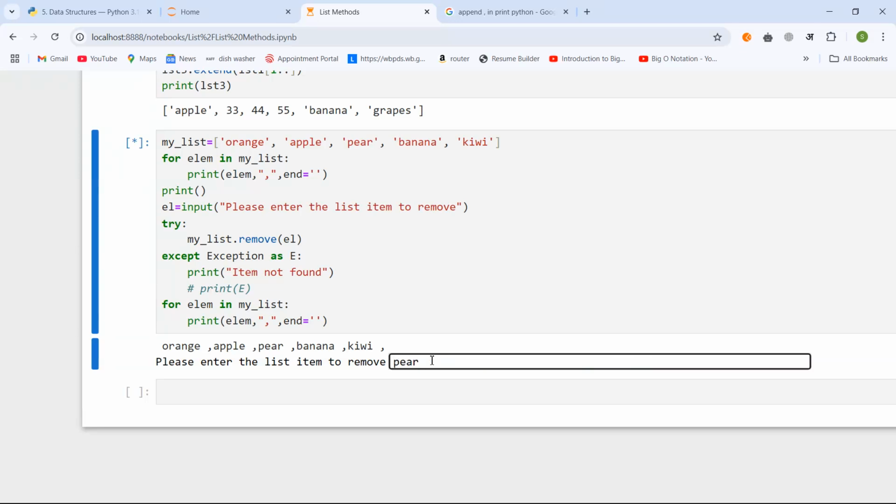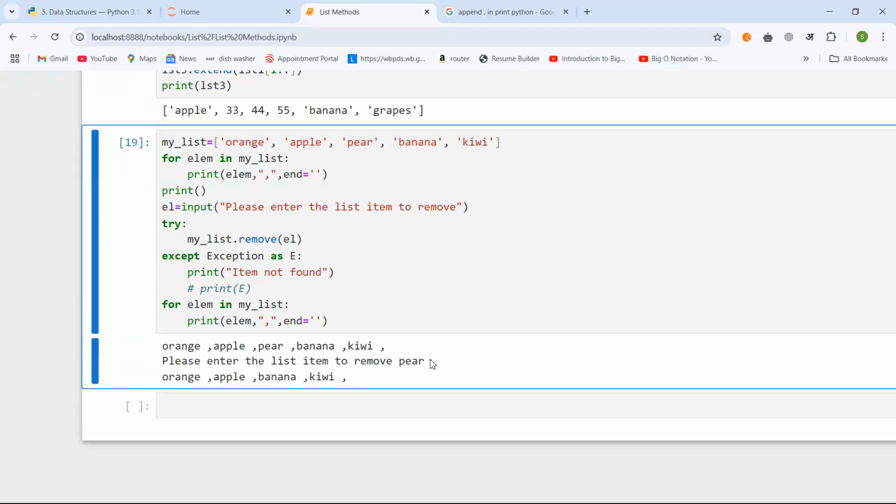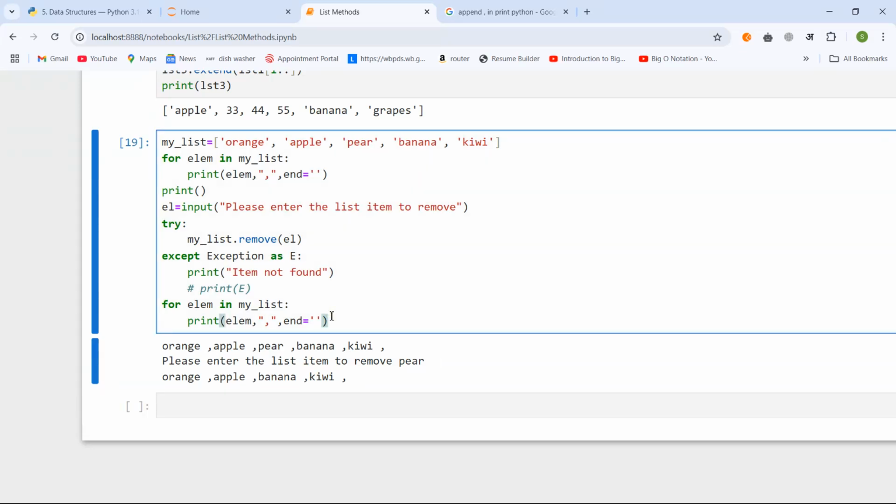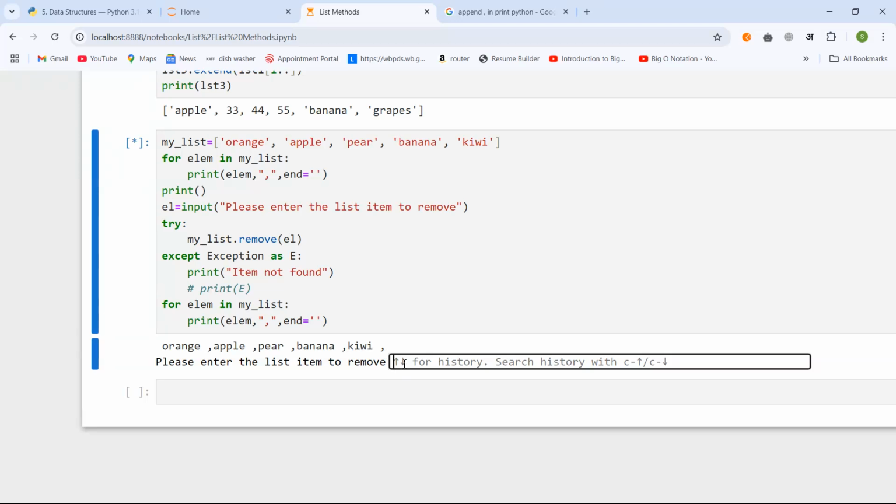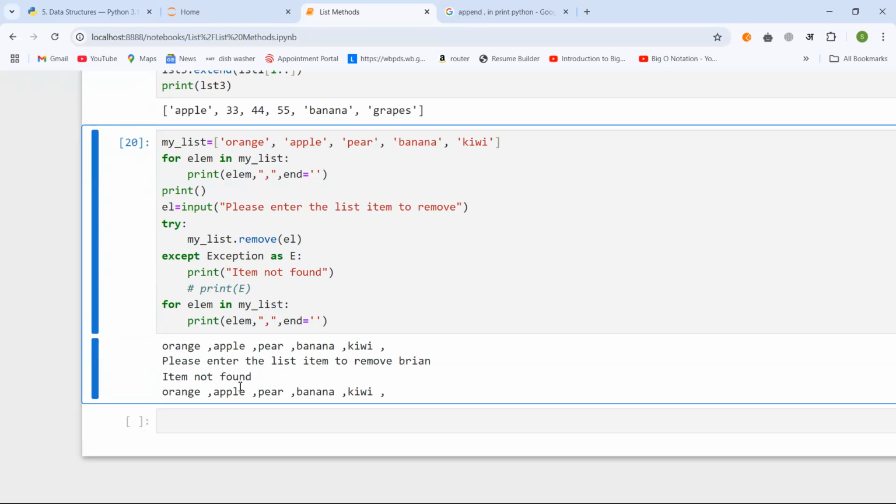So we'll be simply saying pr. Now let me press enter. So orange, apple, banana, kiwi. So far so good. Now again let me run the program, shift enter. Again it's asking for a value, and this time we will be giving maybe Brian Lara, maybe Brian, and it says that item not found,